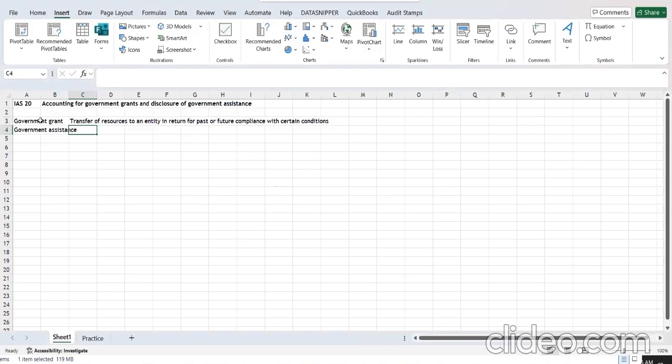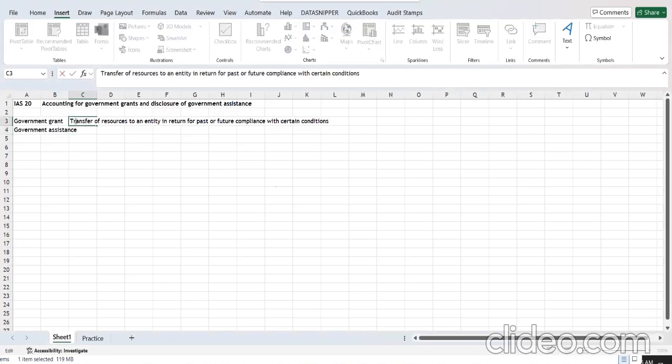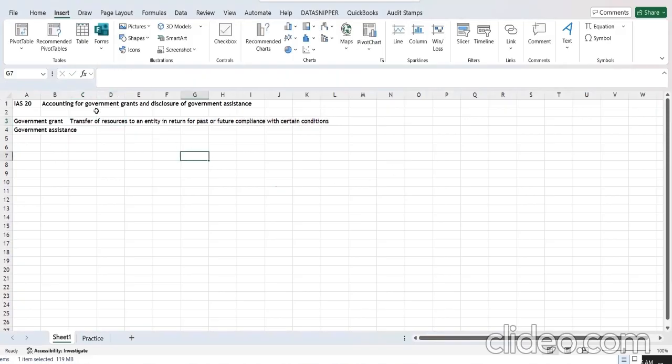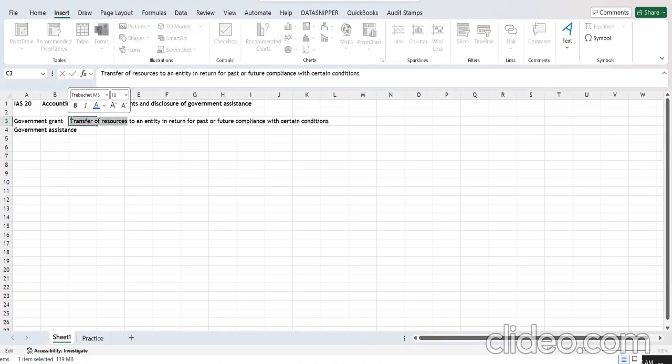So, for government grant, the definition is transfer of resources to an entity in return for past or future compliance with certain conditions. So, transfer of resources. Who transfers the resources? Government. To whom? To a company, to an entity that's already operating. Why would government transfer resources? Because government wants that you fulfill certain conditions, and if you fulfill certain conditions, we will give you some financial